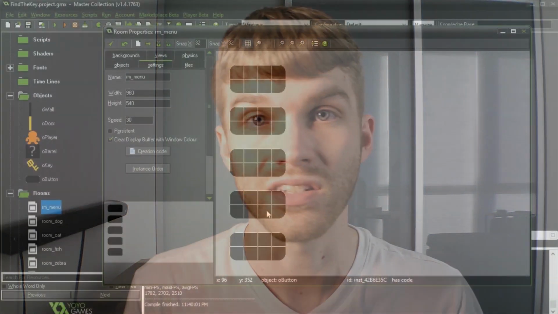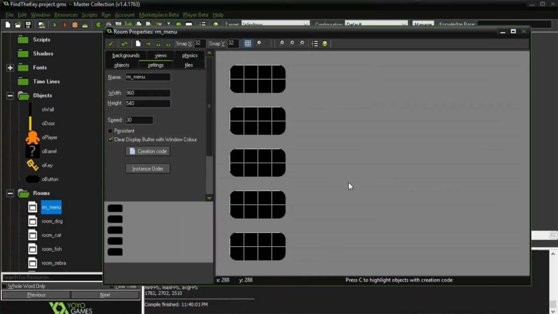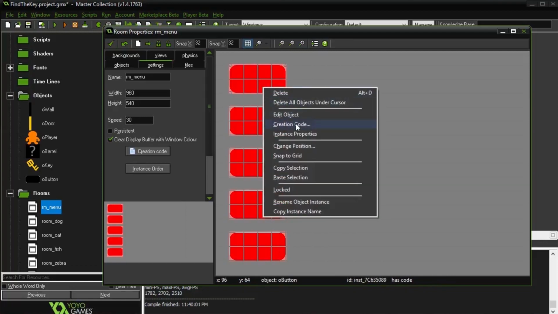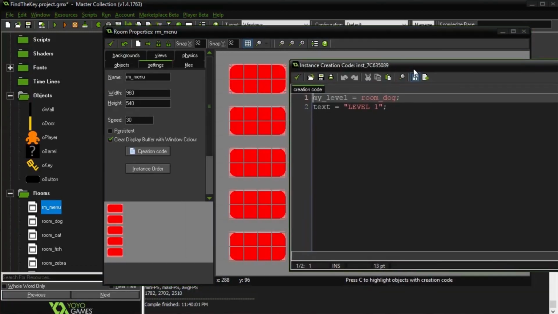My most recent tutorial covered how to design a level select system, which is something that is very easy to do for smaller projects, but as you make a larger project, for example our binary dash game where we had just shy of 100 levels, for those projects you really need to put some more thought into how you design the level select system to make sure it's not too much of a burden to update it. So that whole video was talking about different design decisions you could make for a level select system.